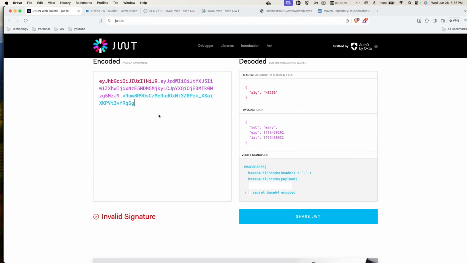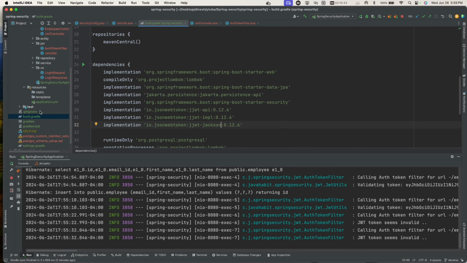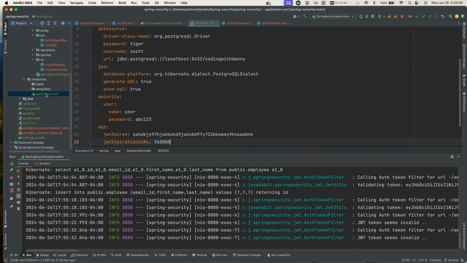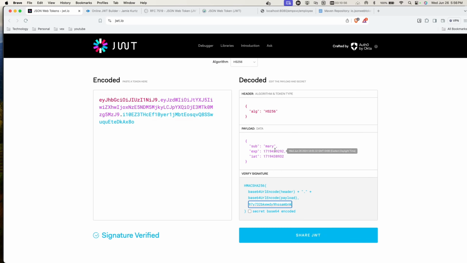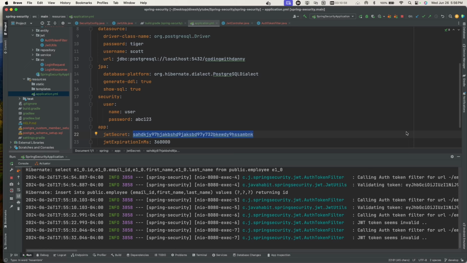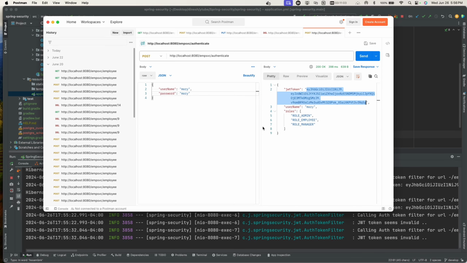So let's see what we had seen, right? So we posted that and I got the values, but it is saying that it's invalid because I need to put in my secret key. Okay, so I'm going to put in this secret key, and now you'll see it becomes signature is valid, and you can see these are the values which are part of the token. Okay, so let's go ahead and check